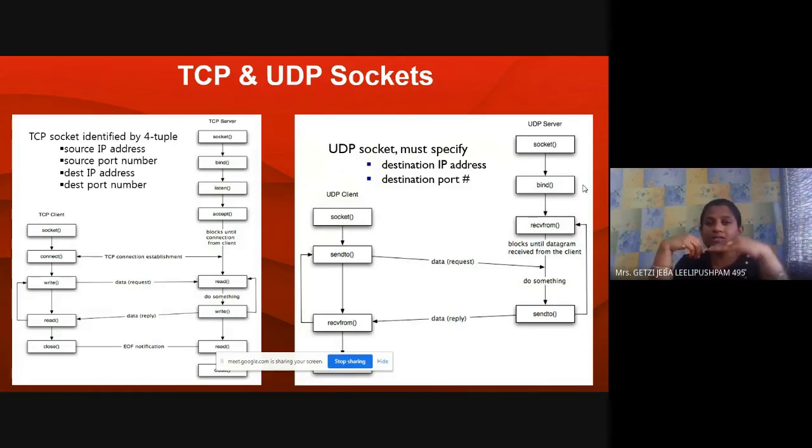But what about TCP? TCP is saying, send me the Word file. The server is responding, yes, I received the message, send me the Word file. So the server has to respond back to the source. So it needs the source IP and the source port number. Okay, so this is about the TCP and UDP sockets.